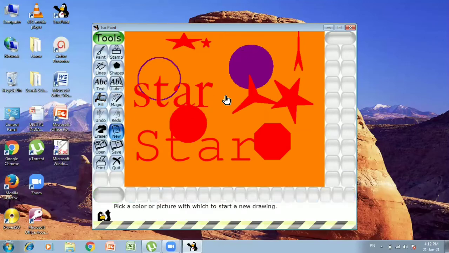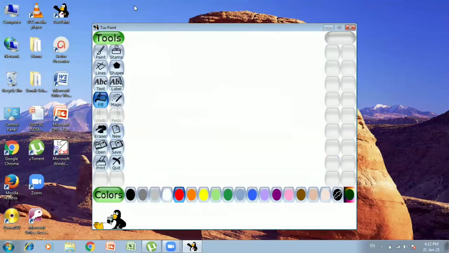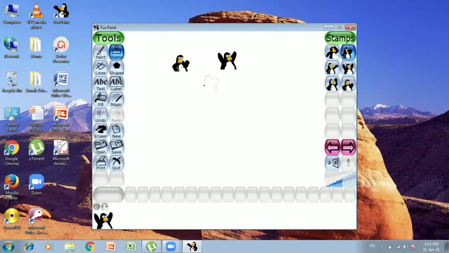Now one more is left, that is the stamp tool. Let us see what this is. I have clicked on the stamp tool from the toolbox, and here I will find a penguin. As I told you, it will be available in some directions or some pattern. Suppose I have clicked on this and I click here. Again, you can see we have 6 different stamps for this stamp tool.